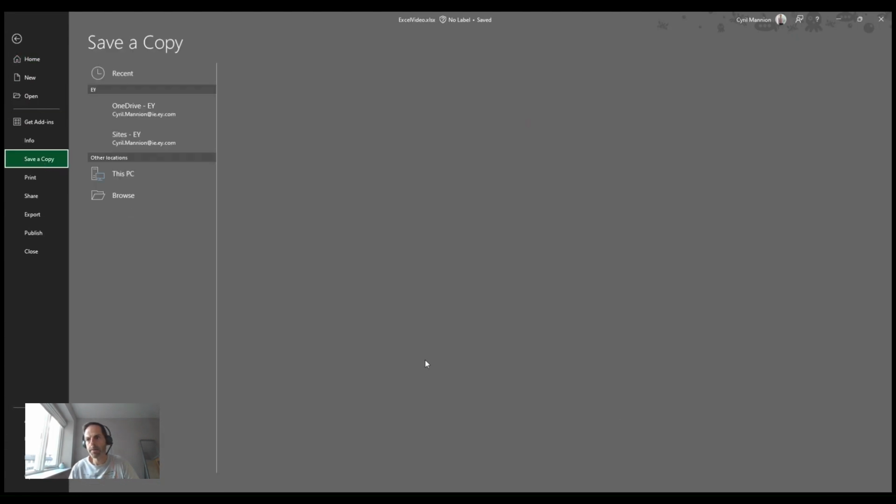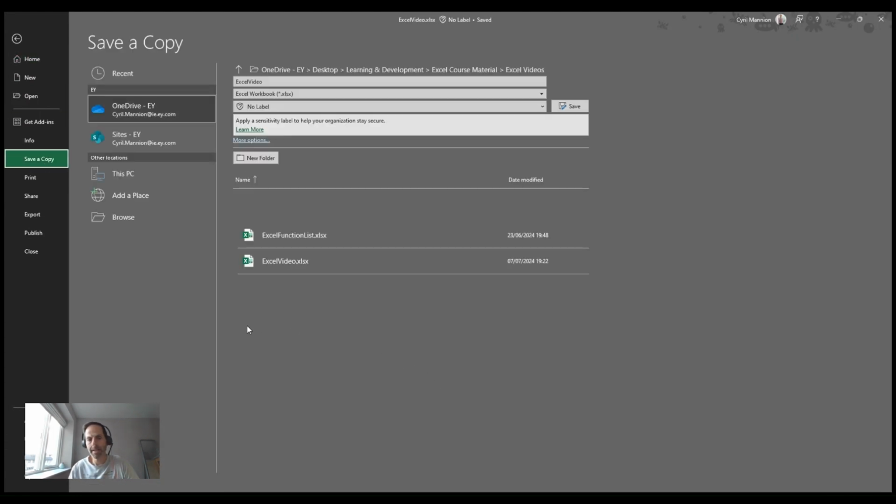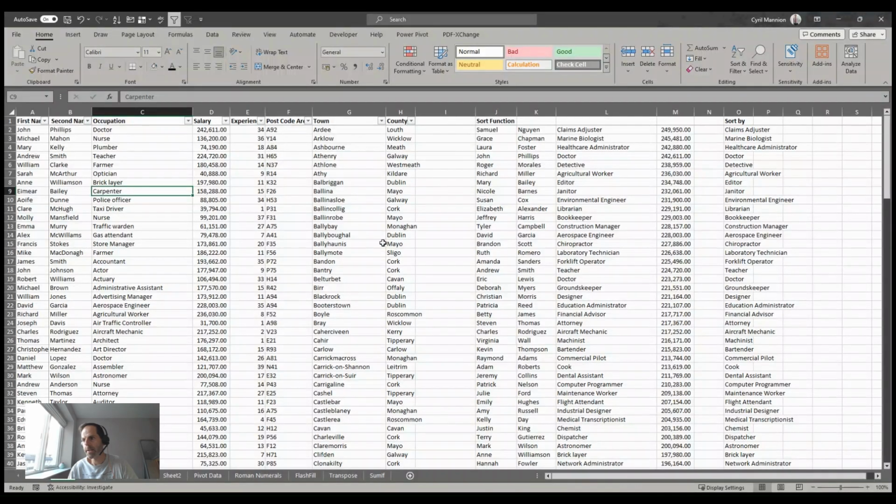So if I go save a copy, it's saying save a copy because I've already got this saved. So it's asking, do you want to save another version of this or do you want to save it in a different location? So you can see here saving a copy. It's using the name that I've already given to the file. It's saying it's going to be an Excel workbook. And if I select here, more options,